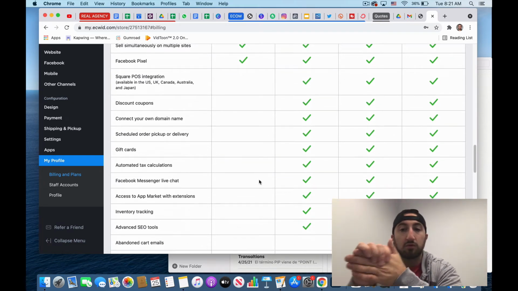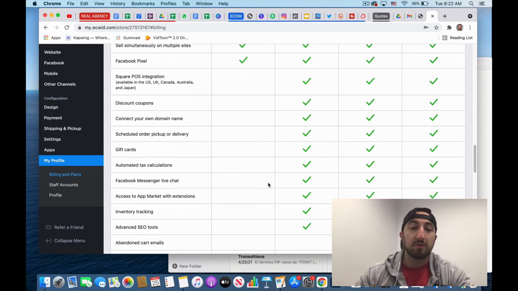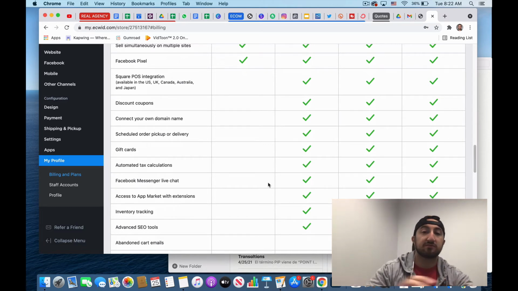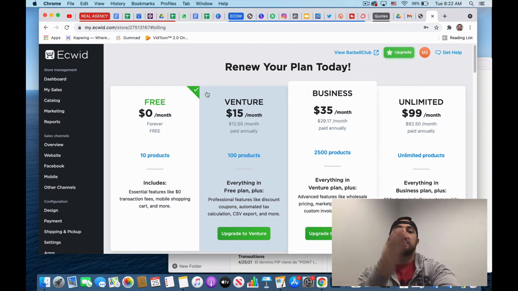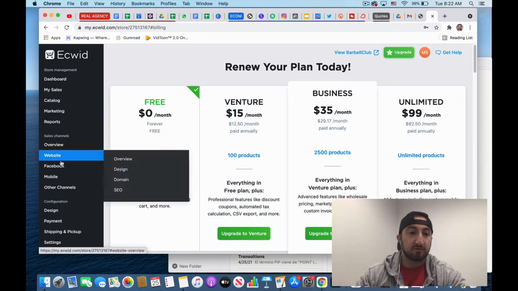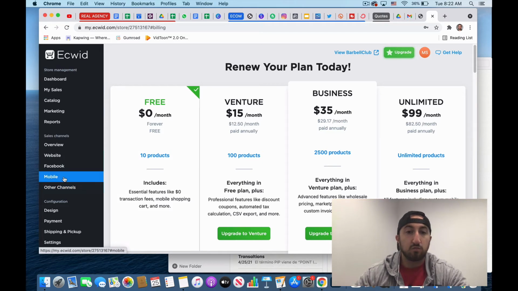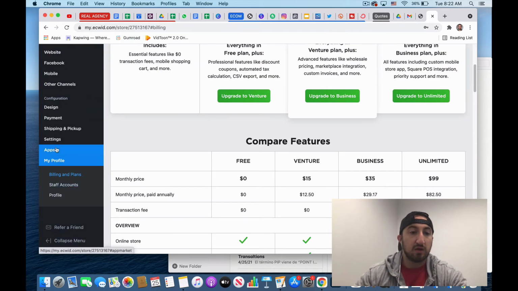So if that stuff is important to you, yes, you get that for $15 a month, which is like pennies on the dollar in the grand scheme of things. But this is all stuff that you get with other sites for free as well. So now that we kind of dove into the different plans, let's just check out the free site. So first thing I want to do when I sign up is I want to go to